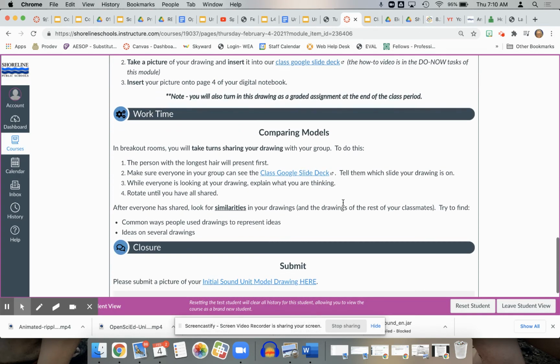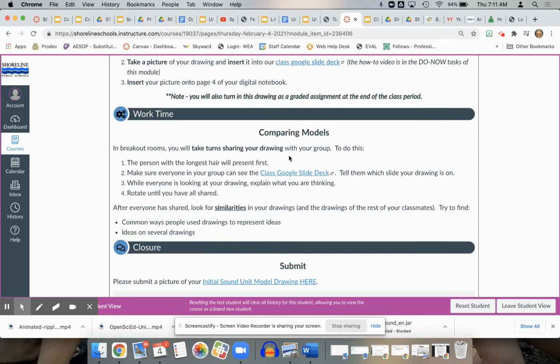And then they're going to be comparing their models. And notice I'm not giving a lot of time, and the emphasis is on a drawing. If you could use as few words as possible, what would you see as happening? Or what would you show as happening? Then in their breakout rooms, they're going to be comparing what they came up with. So I might say something like,